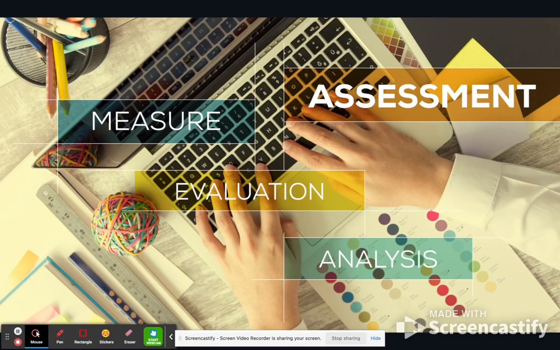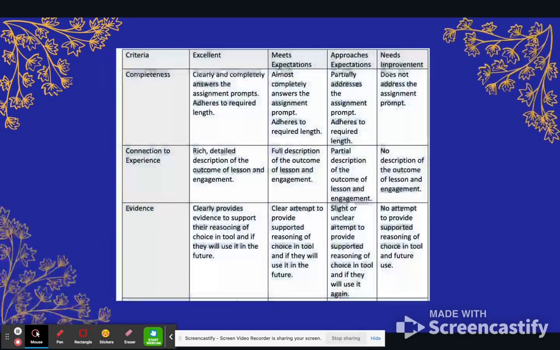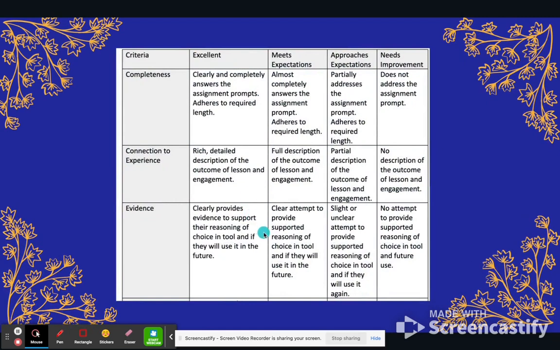And then finally, they will have their summative assessment. The summative assessment is asking them to use the tool within their classroom. So they will create a lesson using one of the 3 tools that was introduced. They will present the lesson within the classroom and write a reflection paper briefly describing the lesson, why they chose that specific tool, and was there an increase in the engagement, and will they use the tool again? They will be assessed again using a rubric, and this is only a portion of it. And then feedback will be given at the end of the